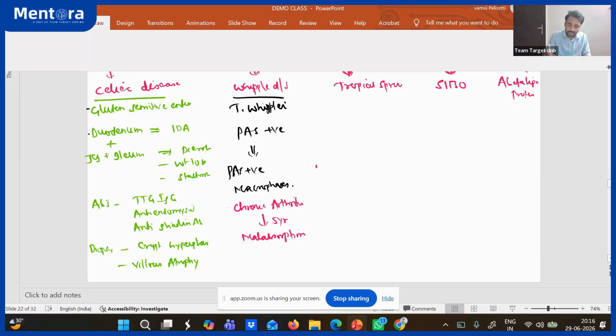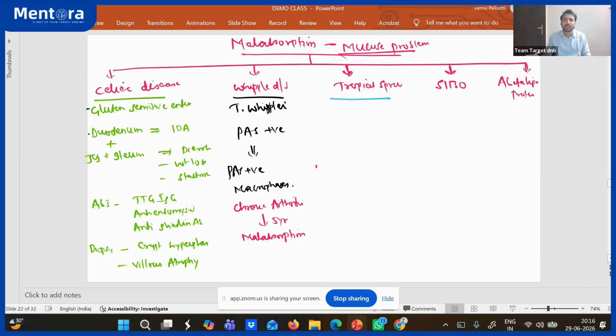Very important. Tropical sprue, nothing else is there. This tropical sprue is because of multiple organisms, multiple bacteria. They just grow in the lamina propria. So you have inflammatory infiltrate, inflammatory cells in the lamina propria. That's it. Nothing much is important. So this is also causing some diarrhea, weight loss and all. When you give rifaximin, all these antibiotics, all these microbes can be cleared.